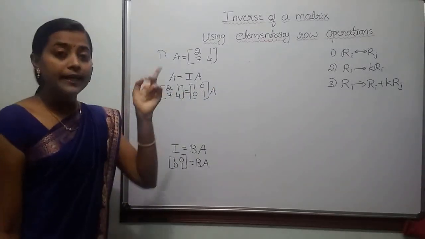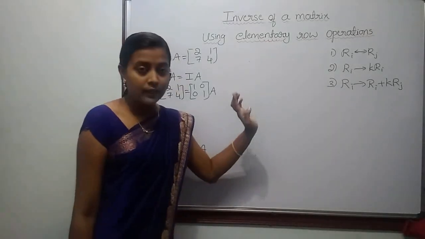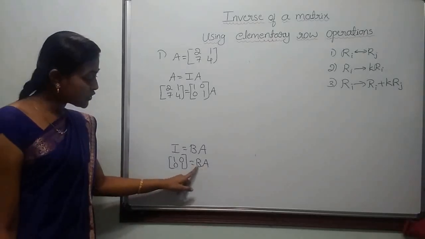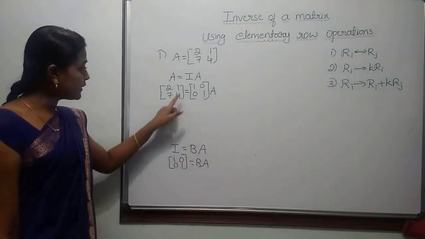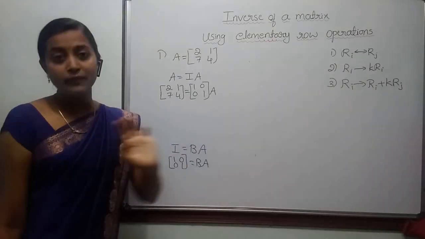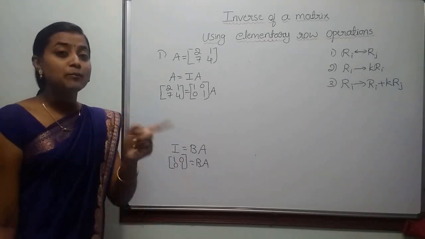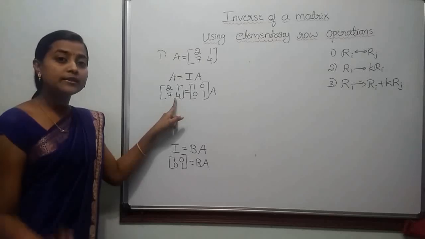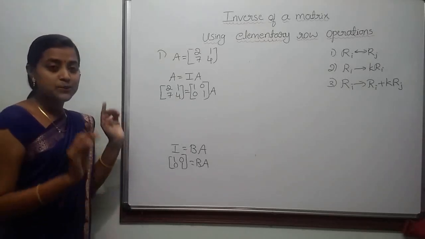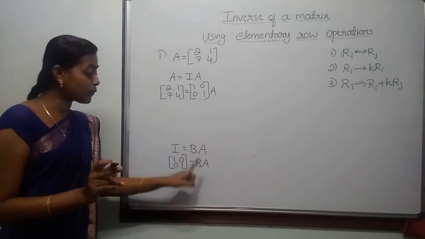Now here, even though you know all the row operations, there is a maximum possibility that the matrix B which you obtain after reducing A into identity may not be the exact inverse of it. You may get the wrong result. This happens because of not following the proper method to reduce the matrix A into identity. So you have to be very careful in reducing A into identity to get the proper result.